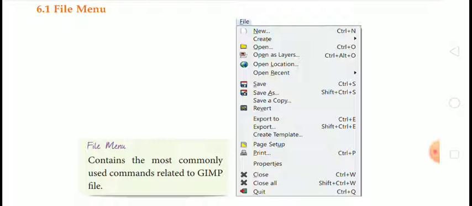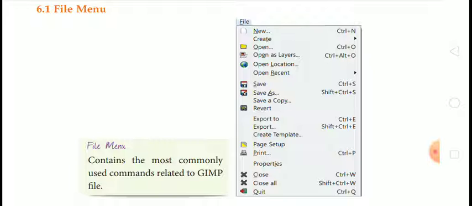After that, open recent. Then save option. Shortcut key is Control plus S. Next is save as option. Shortcut key is Shift plus Control plus S. Next is revert option.